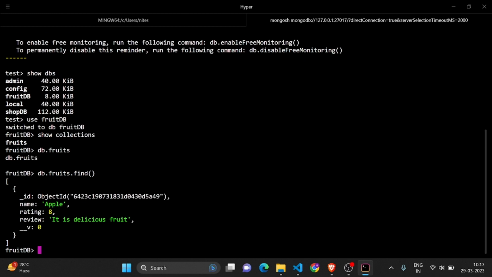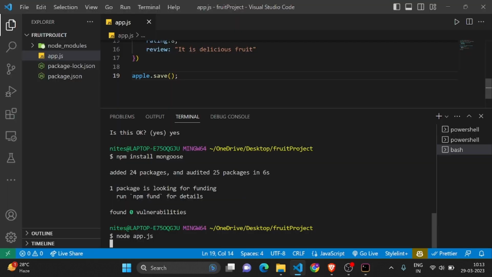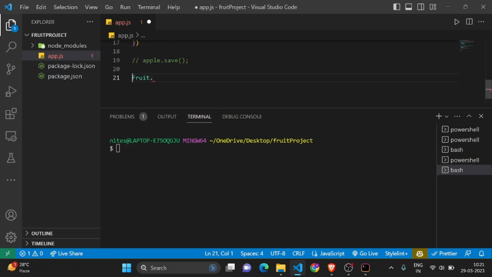Then you can see that we have a fruit document we have created. To read this in our mongoose, we have a command. You can comment it out now so that it cannot save apple a repeated number of times. Now I have to read my fruit document. So first of all I write fruit dot